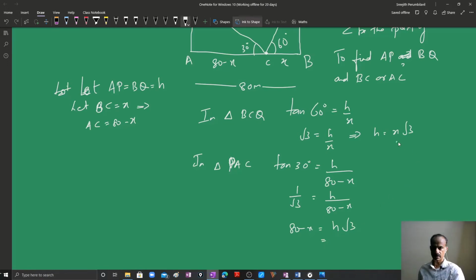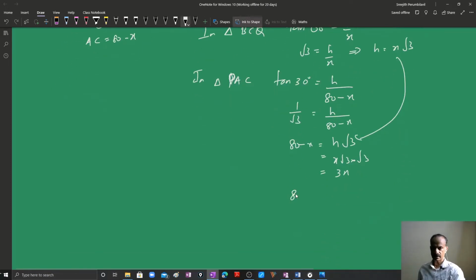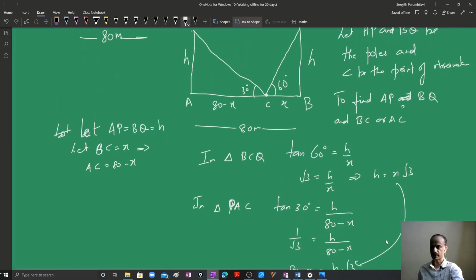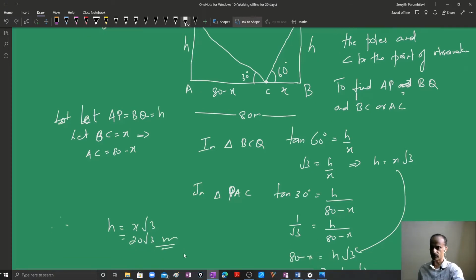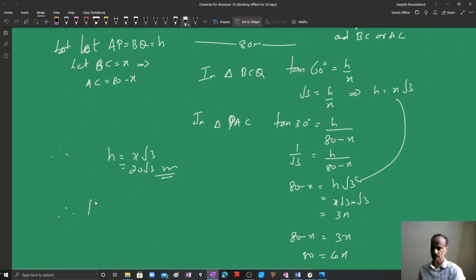What is the value of H? H is X root 3 into root 3, that means 3X. This implies 80 minus X is equal to 3X, or 80 is equal to 4X, X is equal to 20 meters. So if X is equal to 20 meters, what is H? H is equal to X root 3, 20 root 3 meters. So we'll find out two things. One is the height of the pole